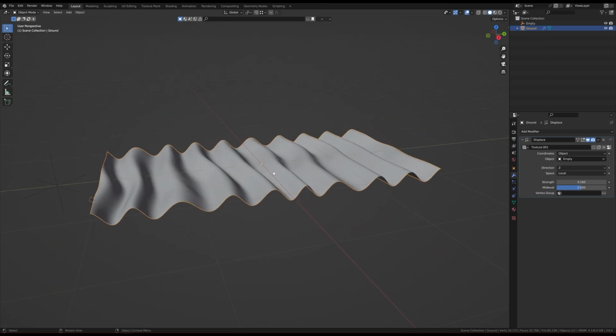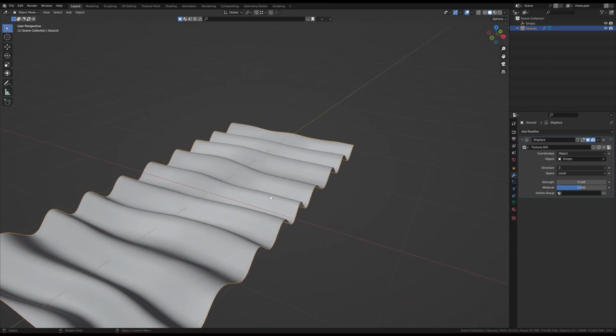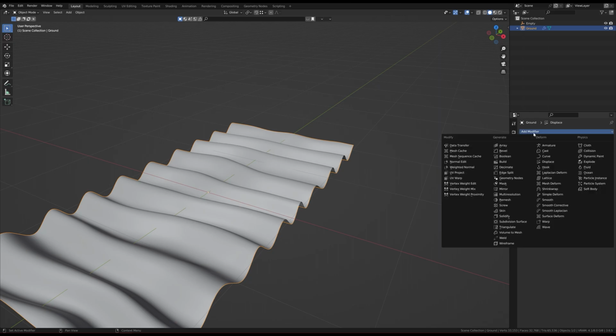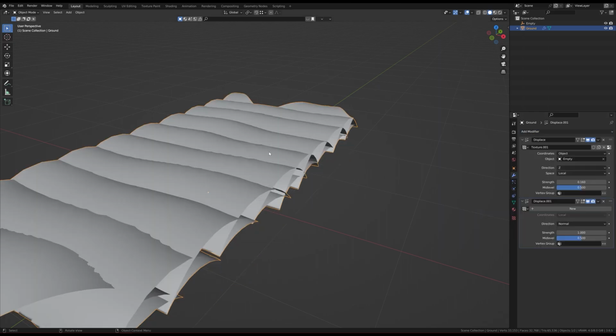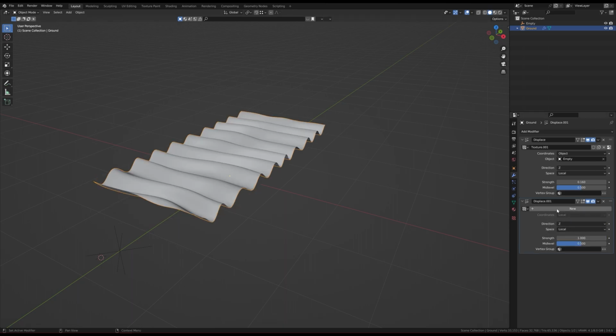Right now it's pretty solid, it's pretty straight, and we want to get another level of randomness. So add modifier, displace, and again direction Z, new texture,